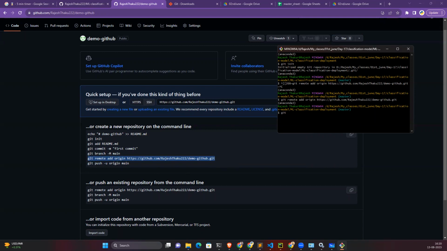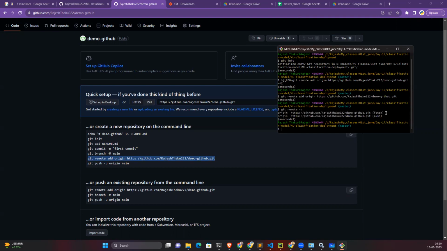If you are able to do this, how do you check whether this location has been properly configured? Run the command git remote -v. You can see this location has been mapped. Please do it quickly. Run the command given in your repository.